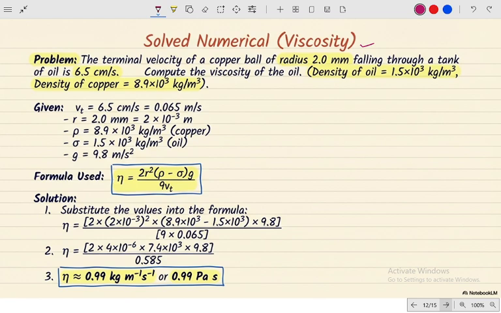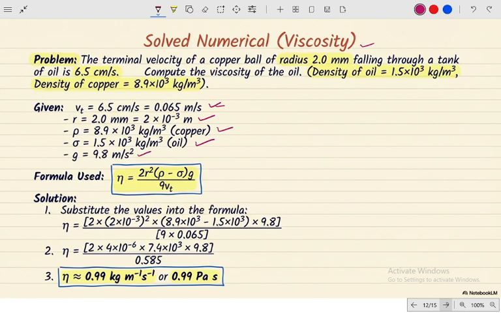So Vt, terminal velocity, is given as 6.5 centimeter per second or 0.065 meter per second. We have to change into SI unit. The radius is 2 millimeter, changed into meter, 2 × 10^-3 meter. Rho, the density of copper, is 8.9 × 10^3 kg per meter cube, and sigma is 1.5 × 10^3 kg per meter cube, that is oil, and g is 9.8 meter per